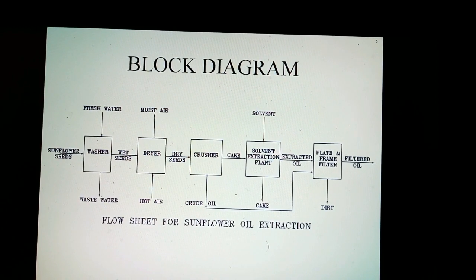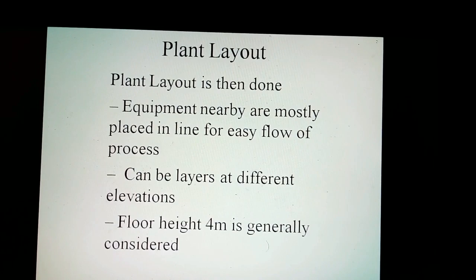Block diagram is the first step of development. It shows input and output streams for each unit operation. Plant layout is then done with respect to equipment. Nearby equipment is mostly placed in line for easy flow of process. These can be layers at different elevations. Floor height per meter is generally considered